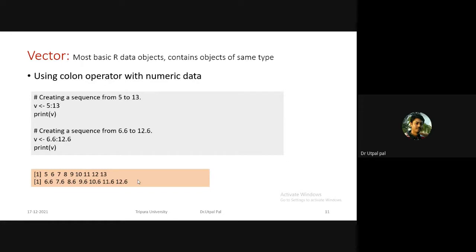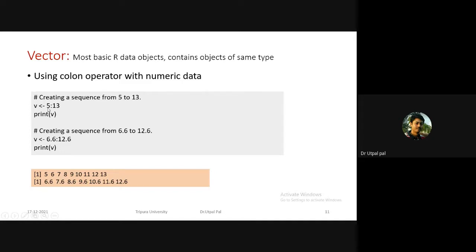Now, vector is a very important data type in R. It is the most basic R data object and contains objects of the same type. We can create a vector in different ways. Here I've shown creating a vector using the colon.